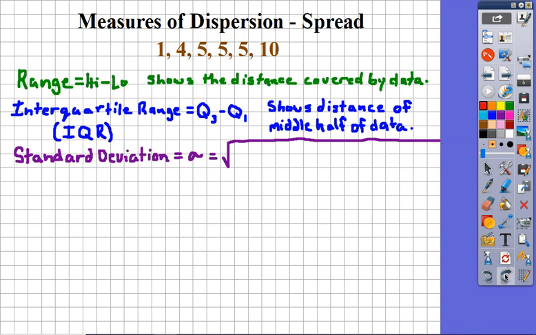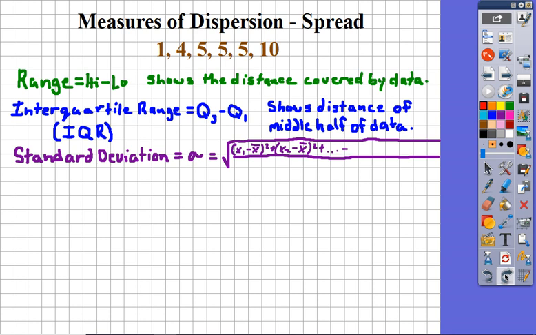What it is, it's going to be the square root of this large fraction, where in the numerator, we're going to take our first data value, x sub 1, and we're going to subtract from that the mean. Then we're going to square that value. So we're going to have to calculate the mean first. Then we're going to add that to the next data value, x sub 2 minus the mean, and we're going to square that value. We're going to add that to the next one, and the next one, and the next one,